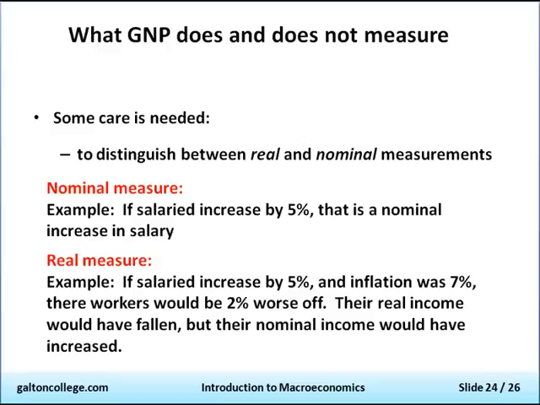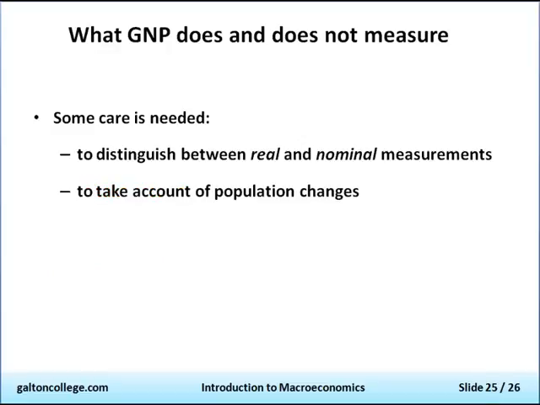So when we compare gross national products between countries, for example, we have to allow for the different rates of inflation. We have to also take account, of course, of the population. To say that a country has a gross national product of X trillion dollars doesn't mean too much to most people, because if the population happens to be X billion, that means on average the people are very poor. So you might get a small country where the GNP is not very high, but there are very few people living there, and hence the people living there are very rich.